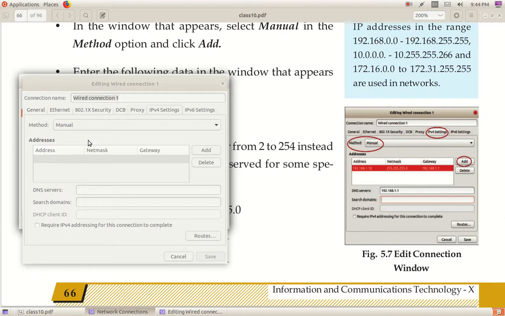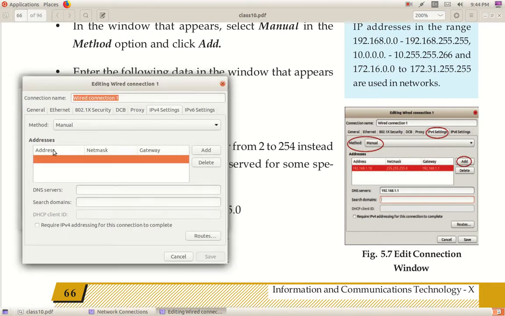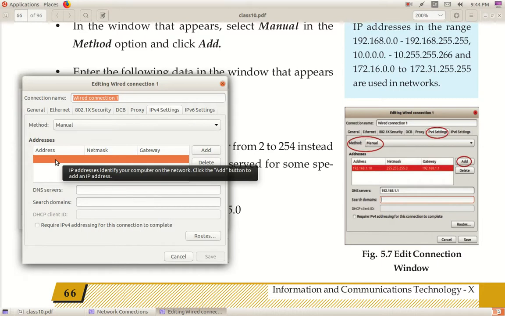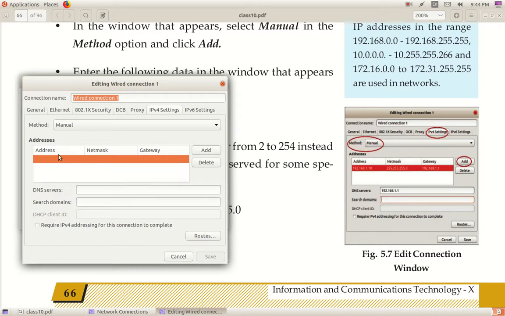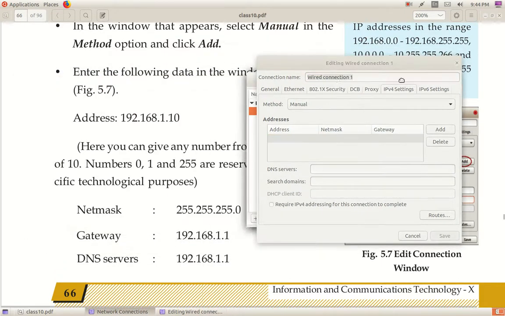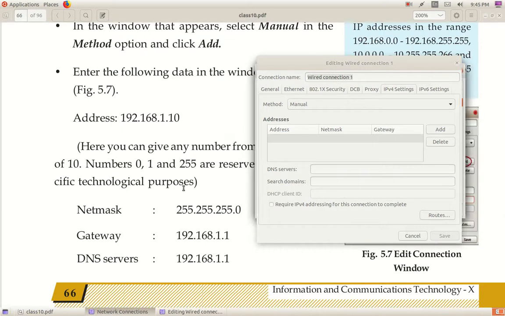The address, netmask and gateway. Address means the permanent address you are going to give to the computer. Then netmask means the netmask number is similar for every connection. What is the netmask number?